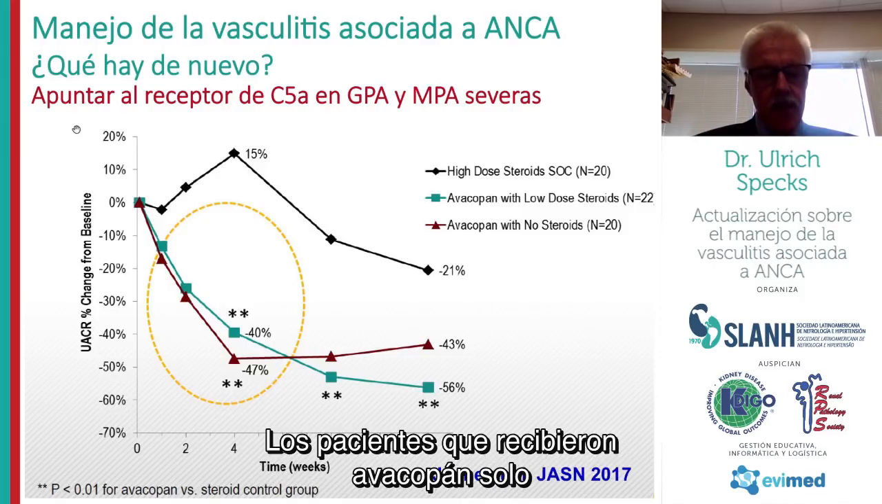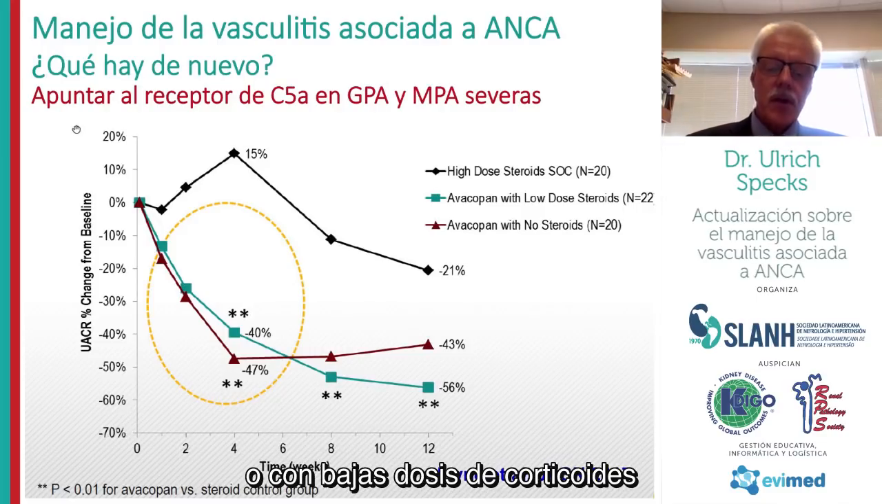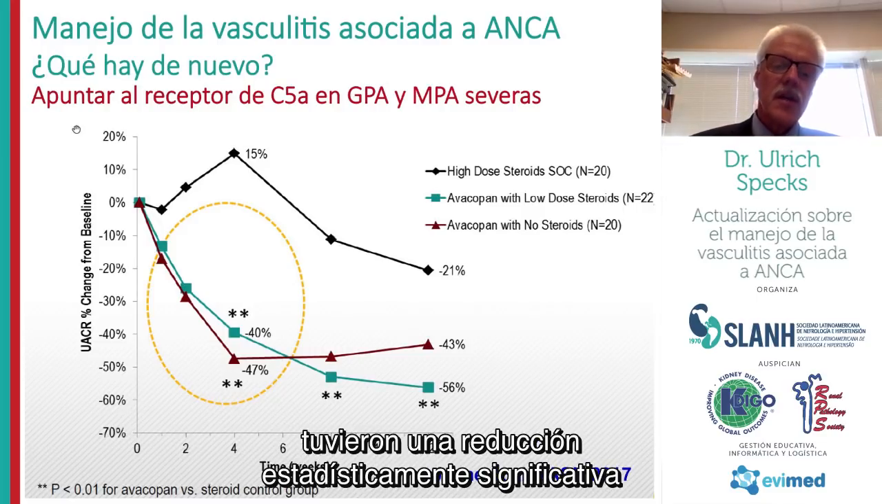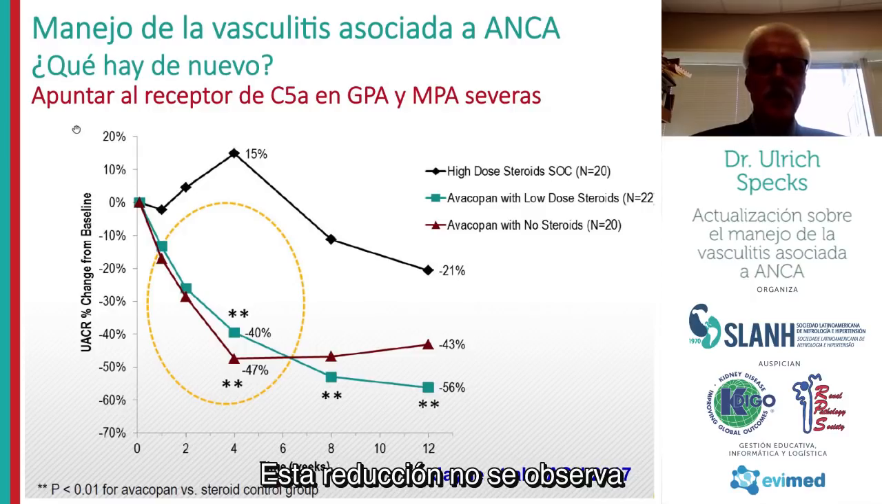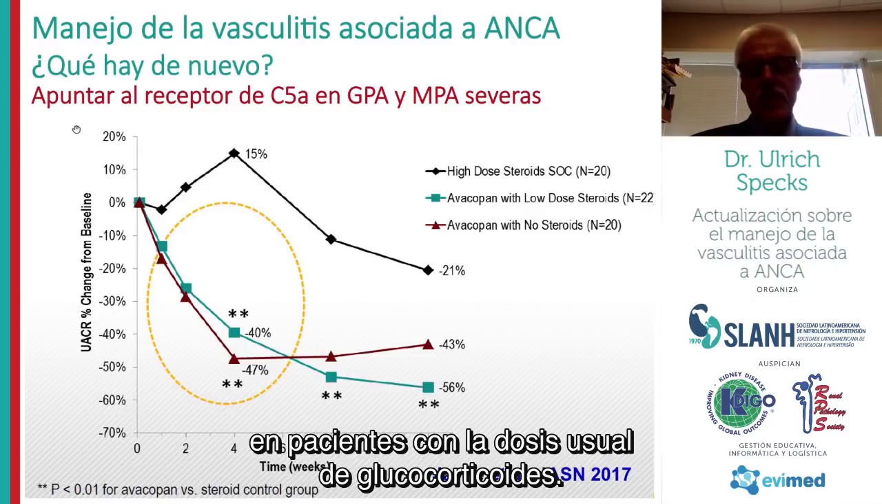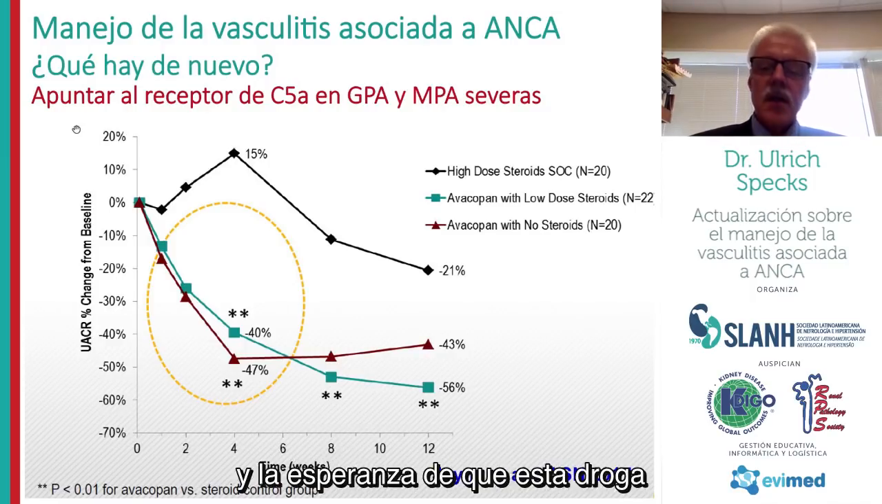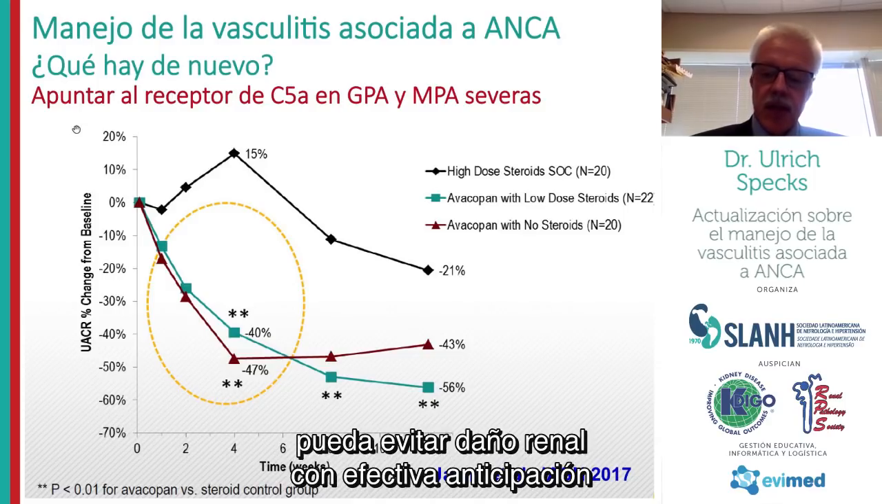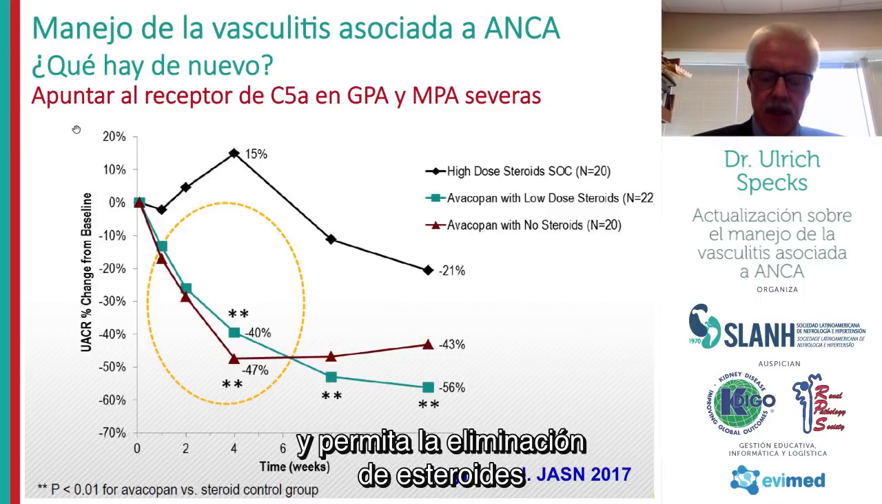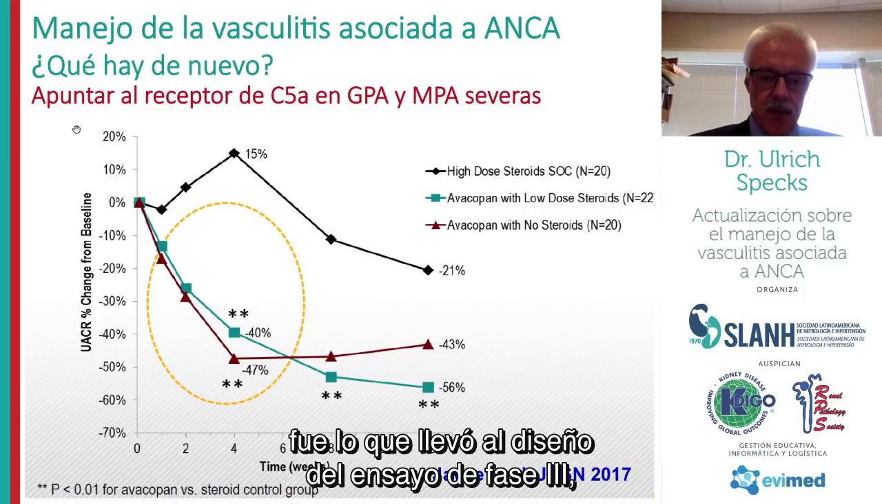The patients who received avacopan, either alone or with low-dose glucocorticoids, had a statistically significant reduction in the urine albumin creatinine ratio by week 4, whereas this reduction could not be observed in the patients who received the usual high-dose glucocorticoid regimen. And these observations and the hopes that with this drug and interfering with the complement factor 5 pathway,